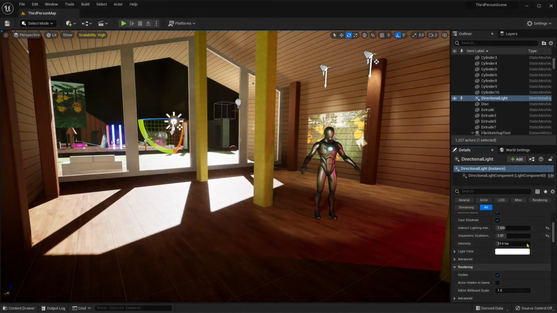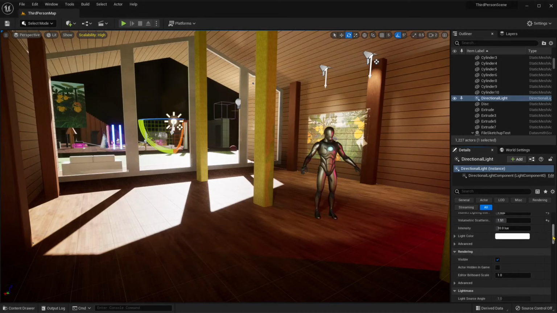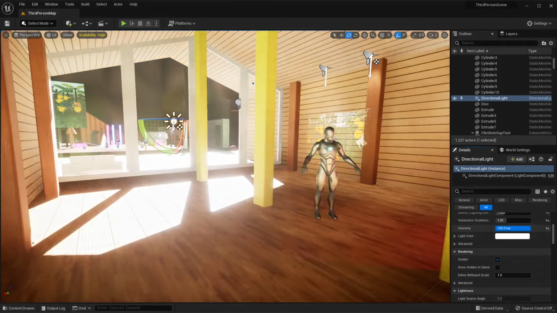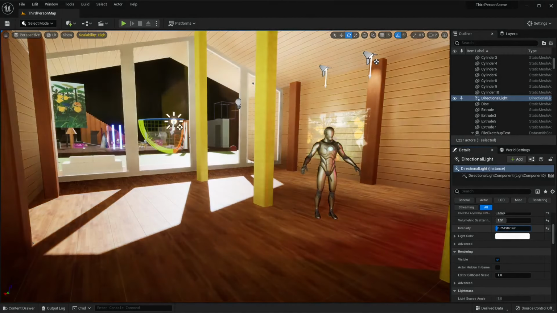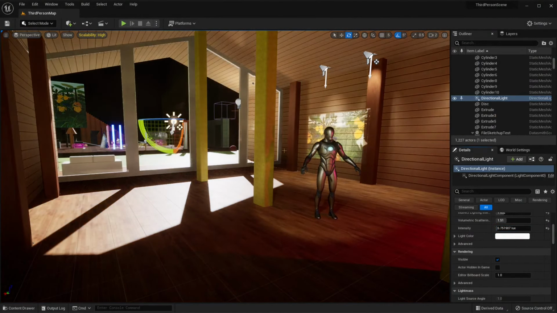And then you can just go here, and I'm going to show you the most important settings. The intensity, of course, is important for the directional light, but also for the other lights. And also the light color. If you want to set up an exact color, you can